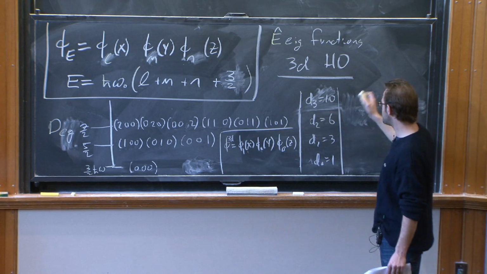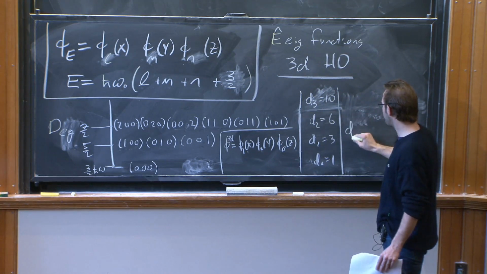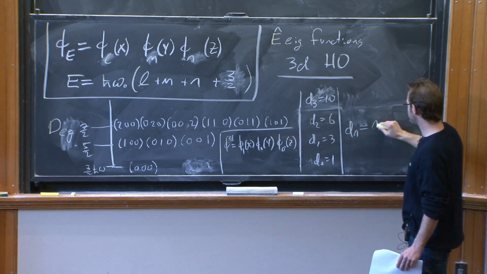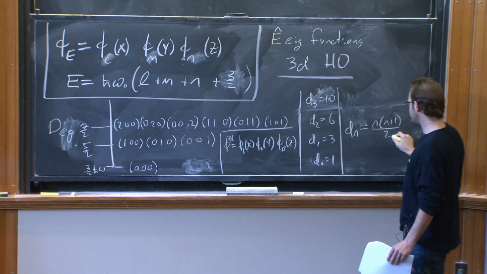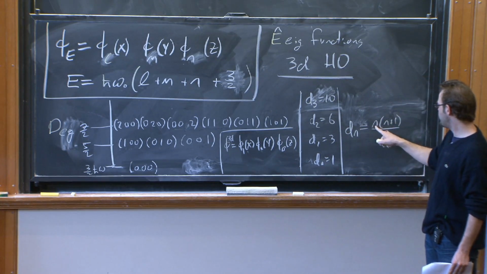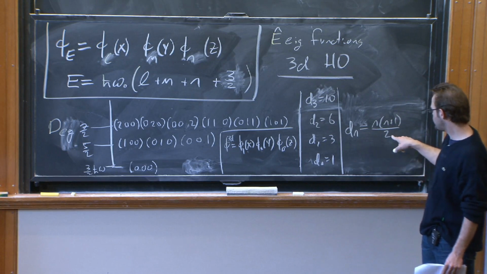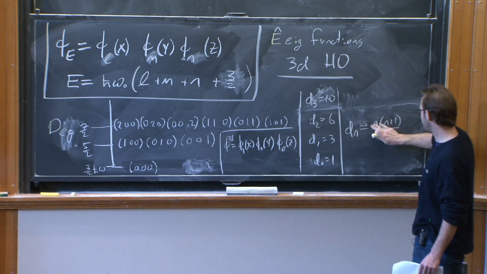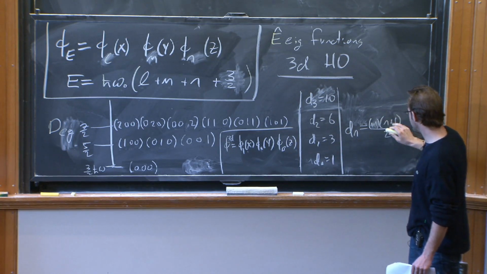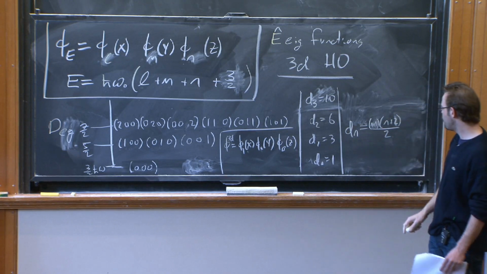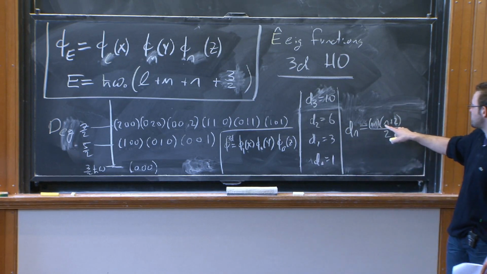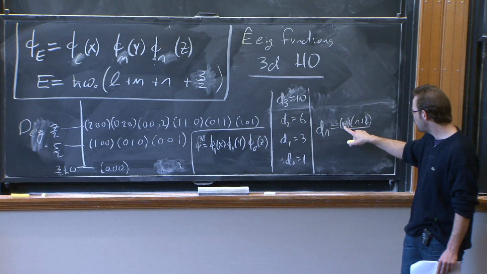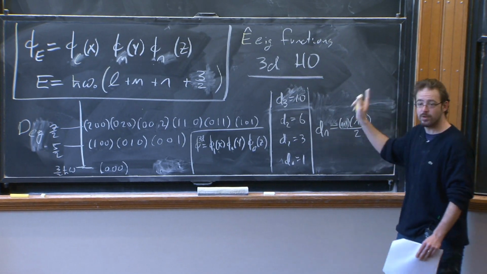So this has a simple mathematical structure, and you can very quickly convince yourself of the form of this degeneracy. Dn is (n plus 1)(n plus 2) over 2, if I count from 0. So let's just make sure that works. For 0, this is going to give us 1 times 2 over 2. That's 1. That works. For 1, that gives us 2 times 3 over 2, which is 3, and so on and so forth.